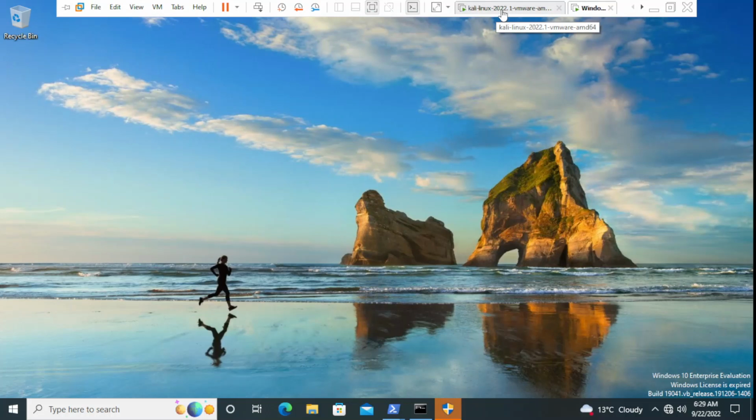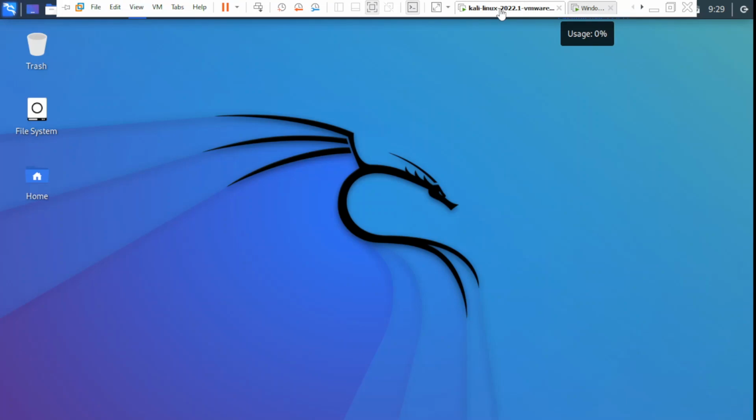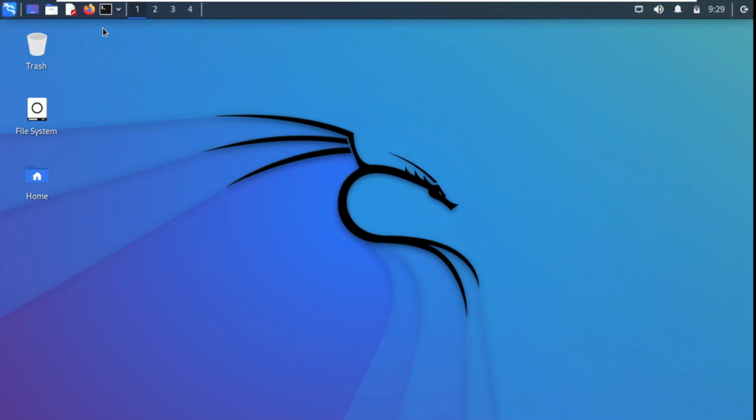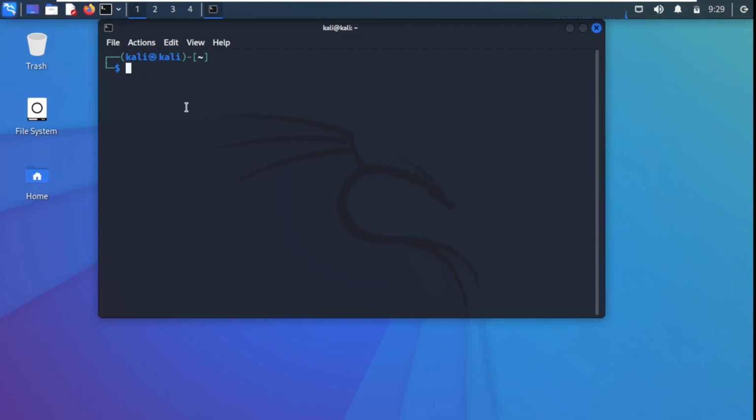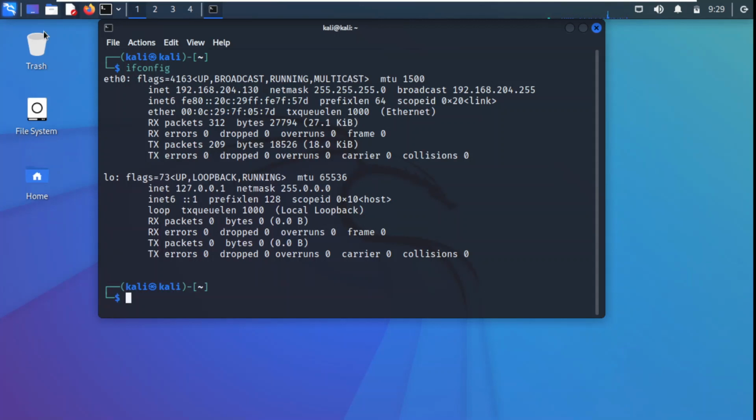So I also have this Kali Linux machine. We click there, and then we launch this terminal here, and to verify the existing IP address we use the command ifconfig, and with this ifconfig we can see the existing IP address, that is 192.168.204.130. Now if you want to change this IP address to some other IP address using some command,